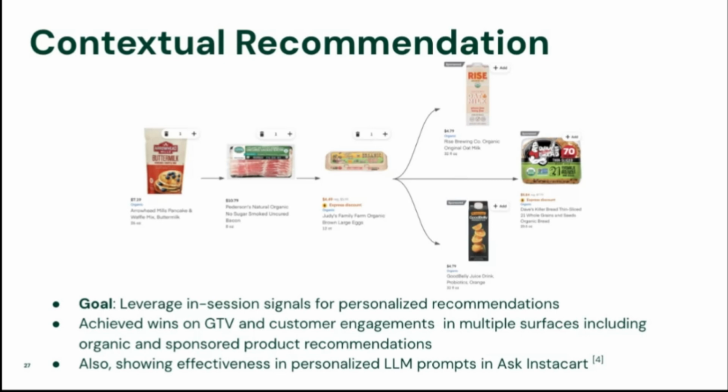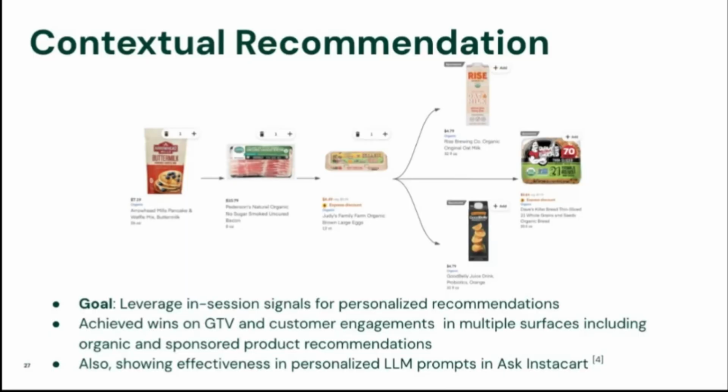juice. And furthermore, since the sequence encodes product characteristics such as organic or vegan, the model will naturally learn to incorporate this information into its recommendation. Therefore, recommendations will not only be more relevant, but also more personalized to users. This has been tested in many services in our product and has delivered wins in multiple services. And in recent development, it has also shown effectiveness in personalizing the LLM prompts in the Ask Instacart